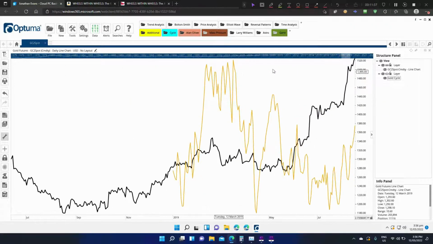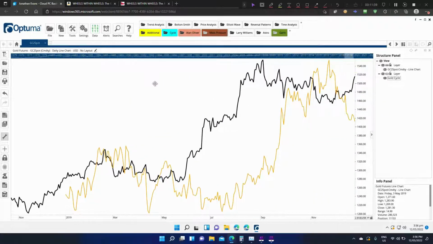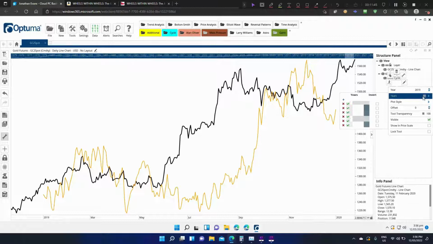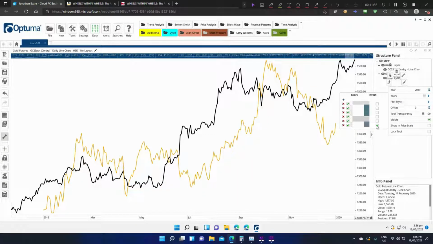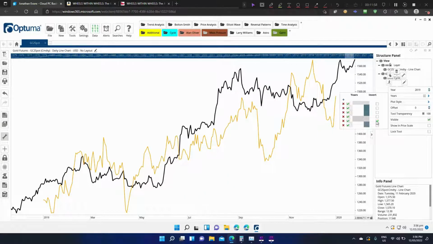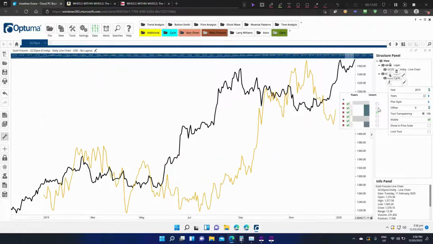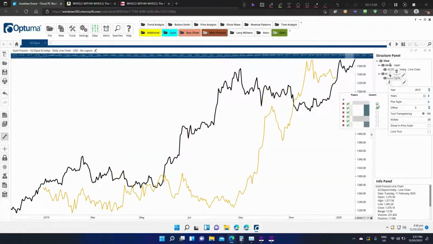Alrighty, so 2019 is here. So what did 2019 say without any flips in the cycle? Well, it suggested that the market was going to trade sideways until possibly June and then a sharp rally. That didn't quite occur, so let's go ahead and flip some of these cycles to see if we can get a nicer fit. Nope, that's flipping down, flipping down. All right, so that one's a bit nice. We'll flip that cycle.